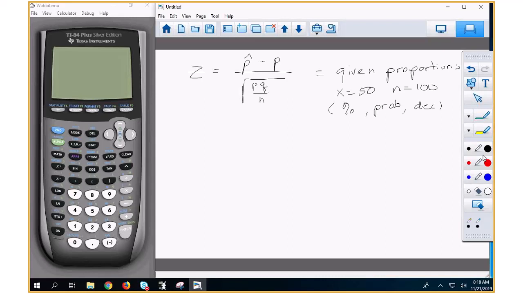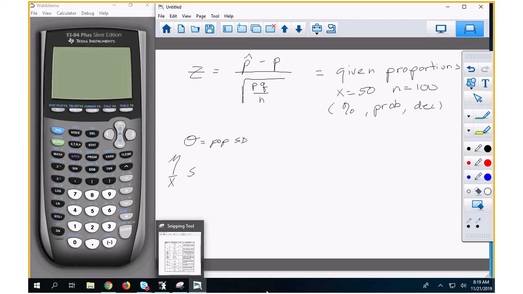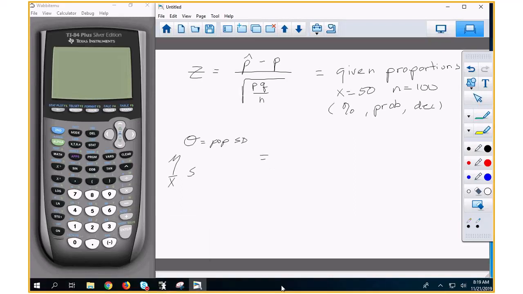All right? If they give you all the other stuff and give you sigma, which is the population standard deviation, and they give you mu, or they give you x bar, and they give you s, all of that, then that's called a z-test. And that is going to be z is equal to x bar minus mu over sigma over the square root of n.